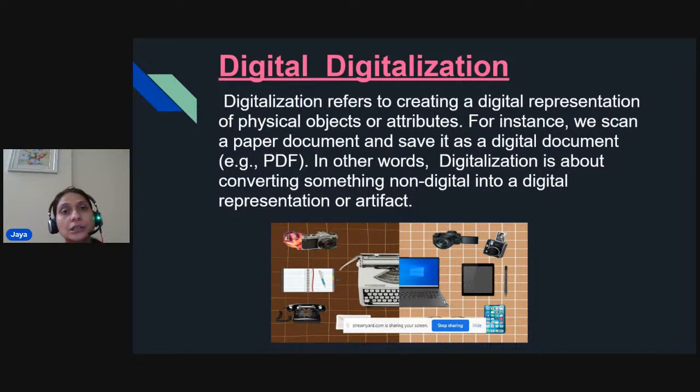Last is the organizational change. When I'm talking about organizational change, a customer wants some improvement in your particular product. If you have to improve that product, how would you do it? You have to make some changes in the organization. You have different people, and you have to change the cycle so that your product is improved and you can deliver a much better product to the consumer, so that he or she is satisfied with your product and with your business.